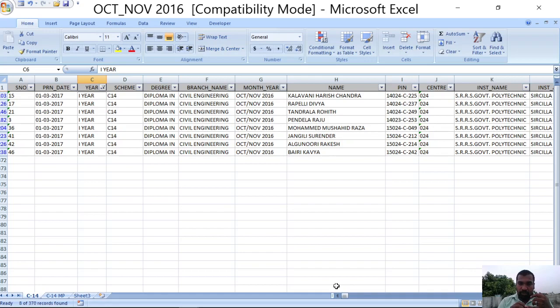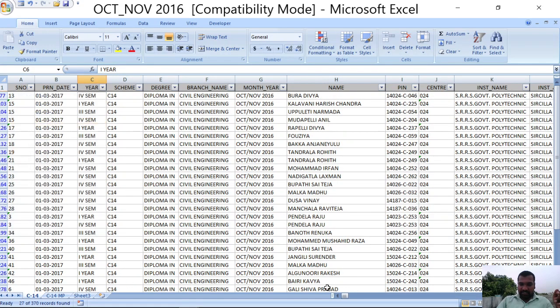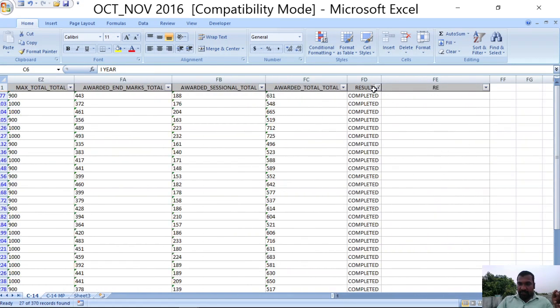What you need to take care of while applying the filters is the order: first, for which column I need to apply. Even if you apply the filters in mismatched order, reverse order, or any order, you can apply the filters. For example, here first we applied the filter for first year, then we applied the filter for results, right?